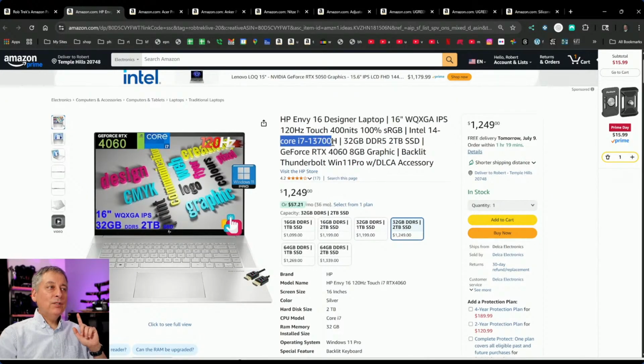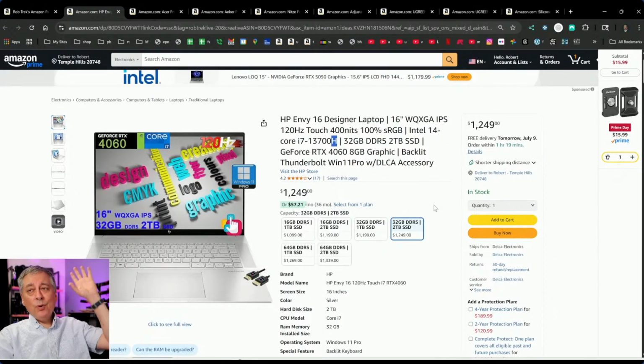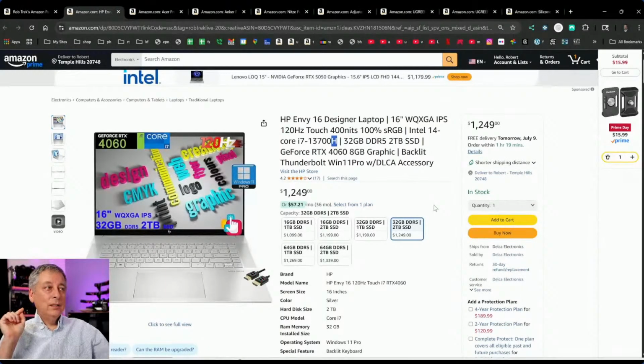The processor is not that critical when it comes to photo editing. So I can settle for Core i7. Core i9 is better, but Core i7 is fine. Make sure it has this letter right here, the letter H. Whatever processor you get, it needs to have the letter H if it's an Intel. Don't ask me about AMD. Get an Intel Core i7 or Core i9